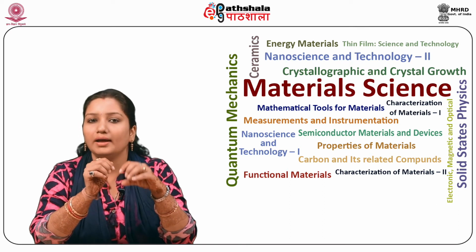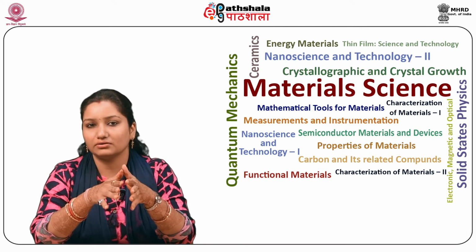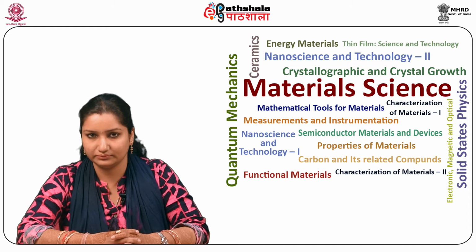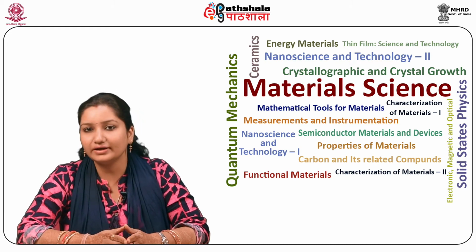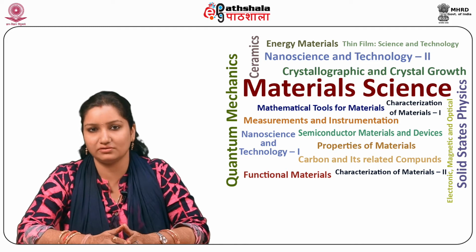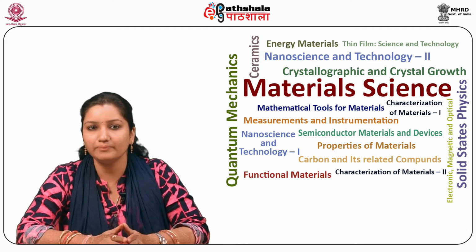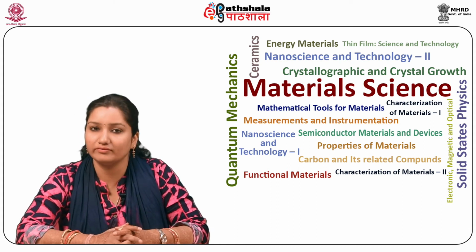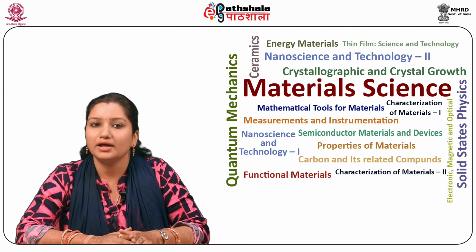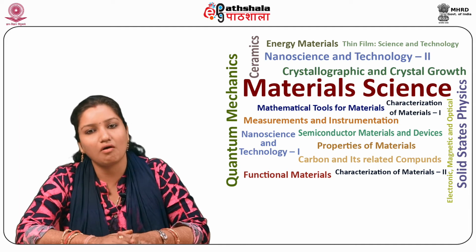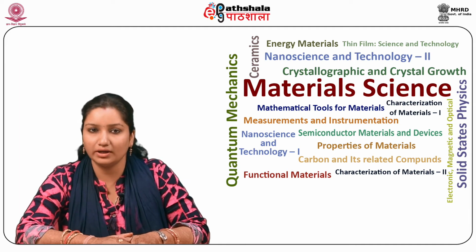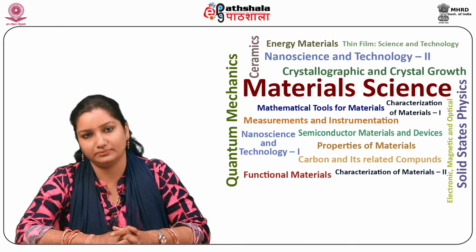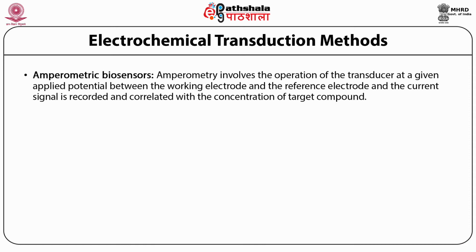The transducer employed in the potentiometric technique is usually a gas sensing electrode or an ion selective electrode. The sensitivity and selectivity of potentiometric biosensors are outstanding due to the species selective working electrode used in the system. However, a highly stable and accurate reference electrode is always required, which may potentially limit the application of potentiometric transducers. The next is the amperometric biosensors.